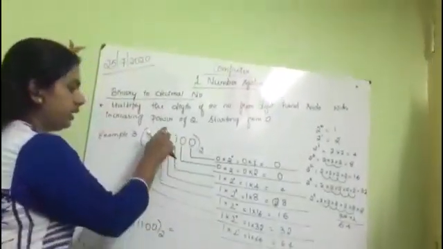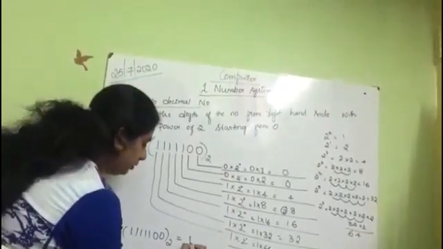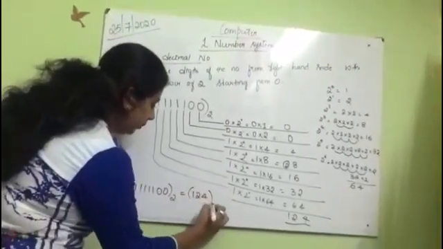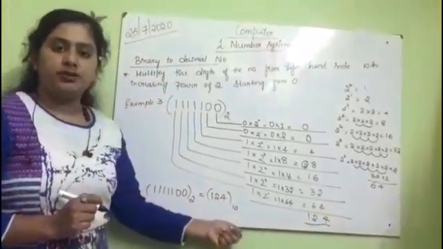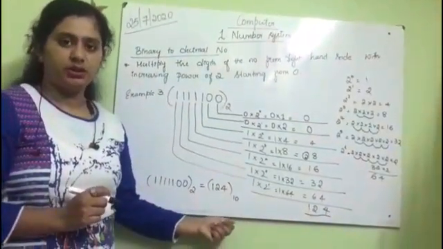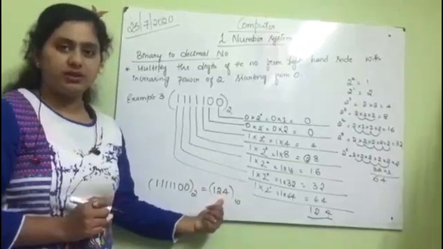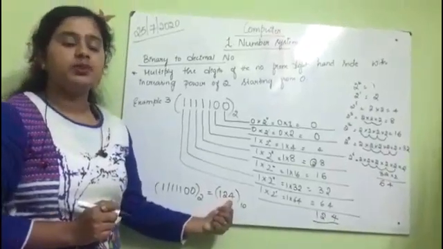Now we have converted the given binary number into the decimal value. But you should not forget to write the base for each number system. Got it? We have to write it because we converted this to decimal, so we need